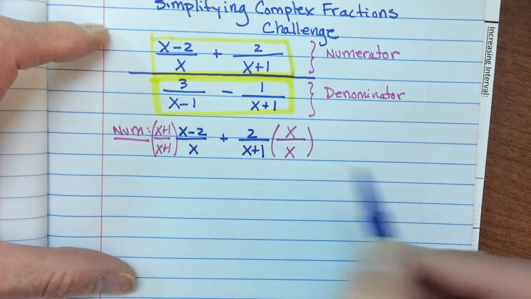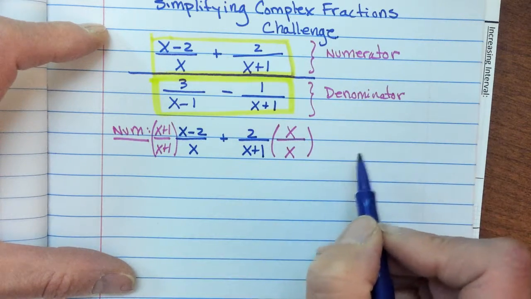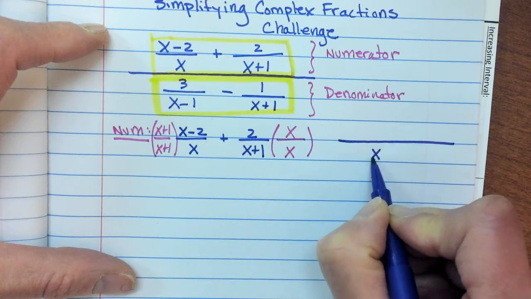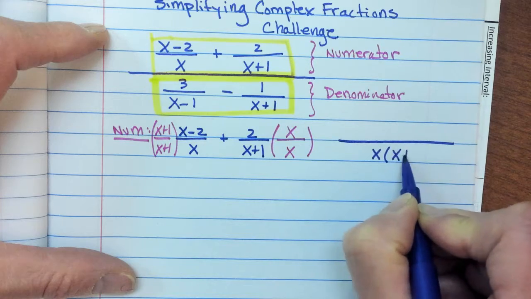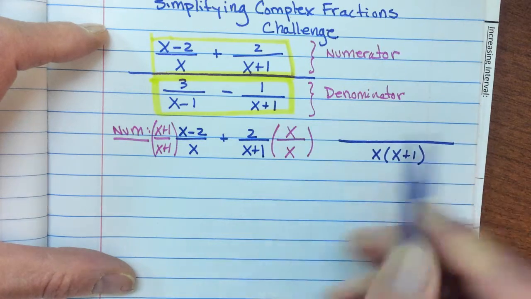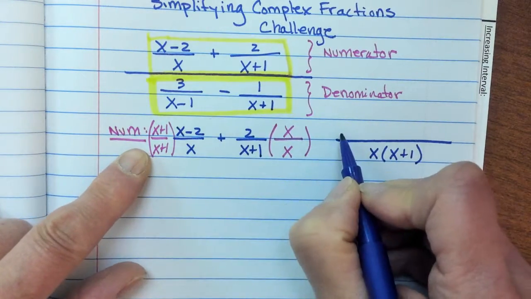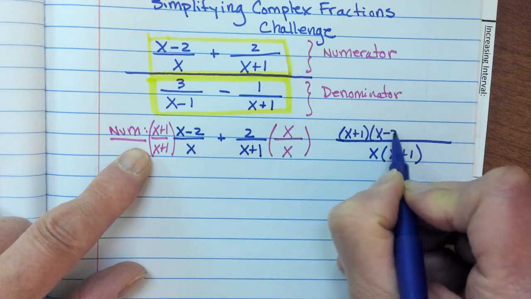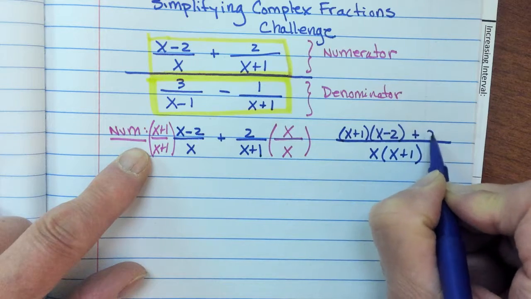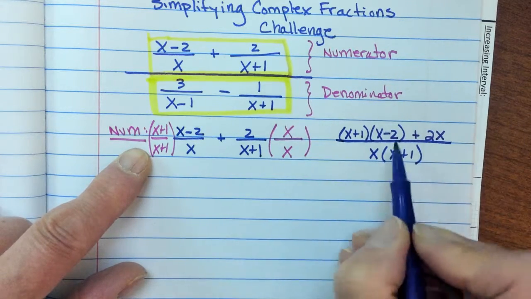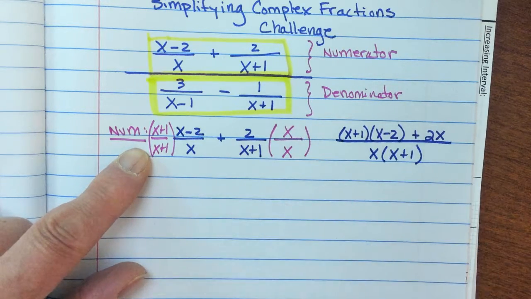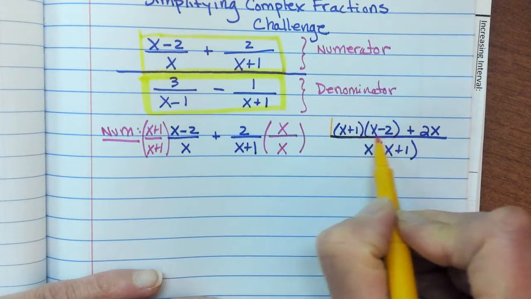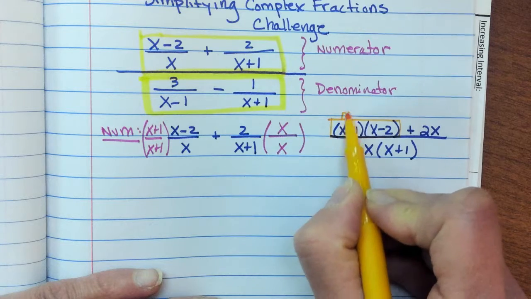I'm going to write it over here, which is going to be x times x plus 1. And then in my numerator, I have x plus 1 times x minus 2 plus 2x. So now I have to simplify my numerator, and the first thing I'm going to do is multiply these together,